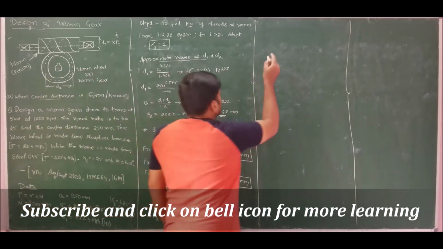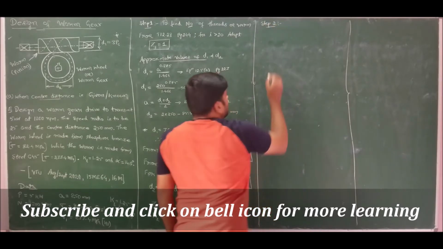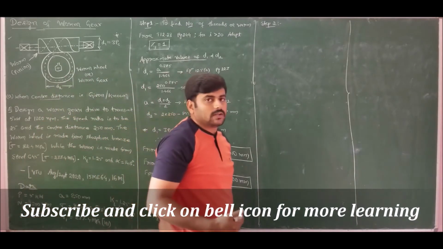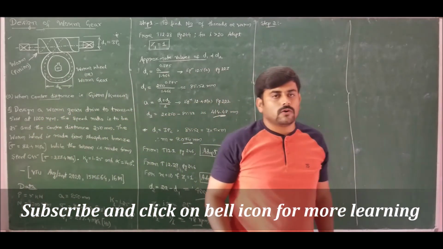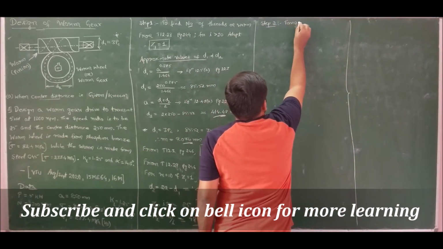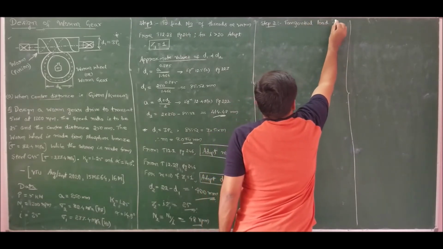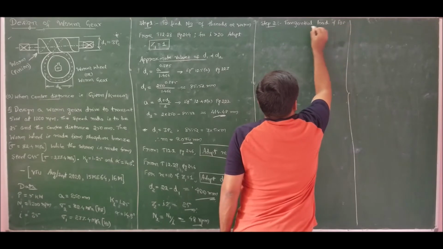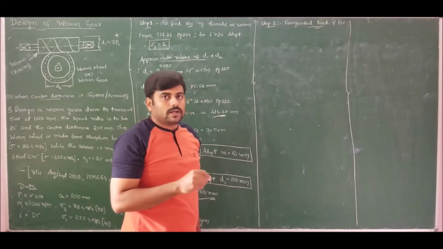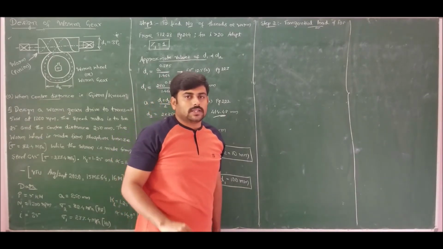Moving ahead to step 2. In step 2, we used to calculate the module, but for problems where he has specified the center distance, in step 1 itself we will be calculating the module. So in step 2, find the value of tangential load and factor of safety. This step remains the same as the step we employed to calculate the tangential load and factor of safety in the case of spur gear, which you are already thorough with.